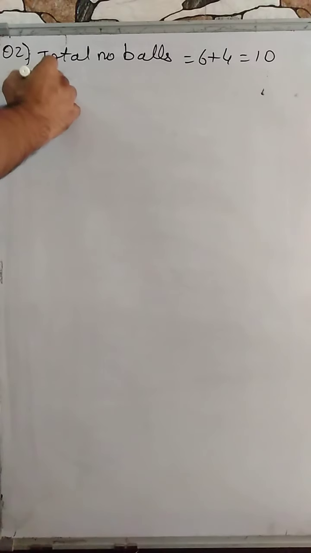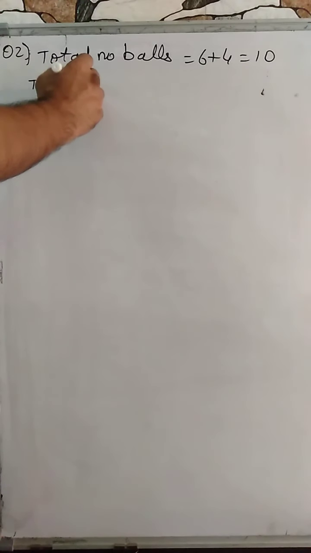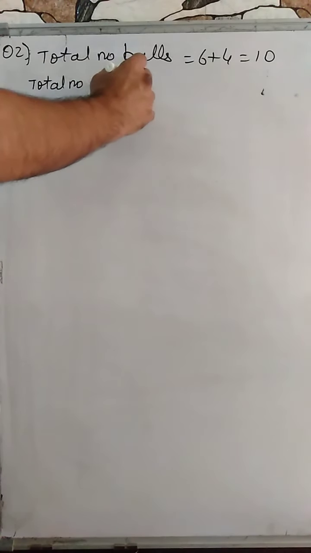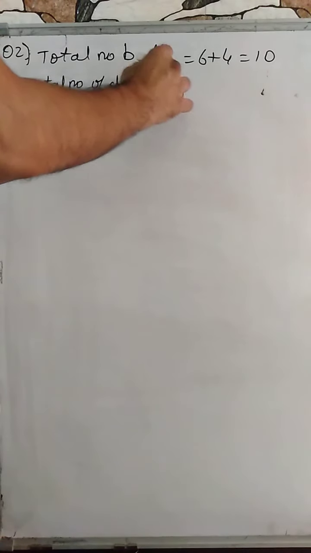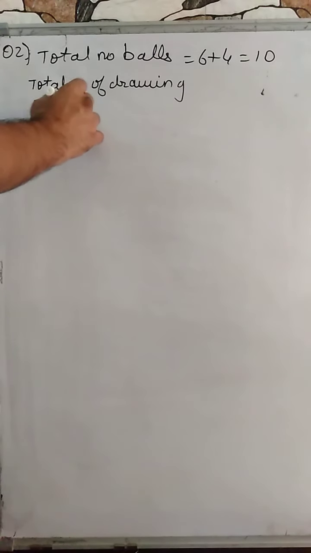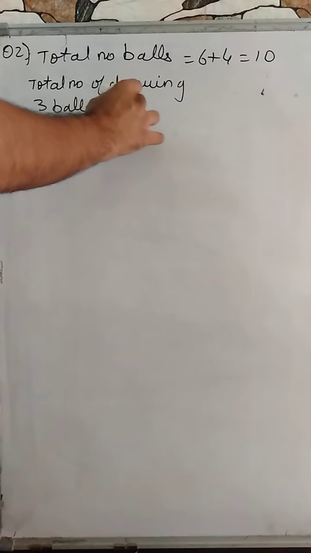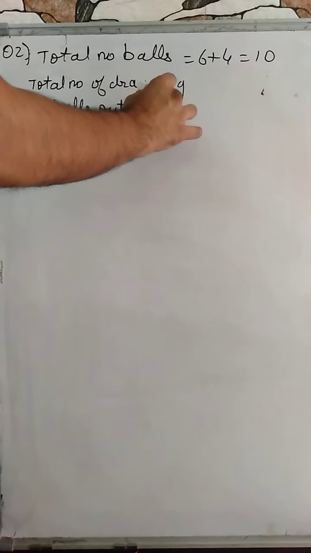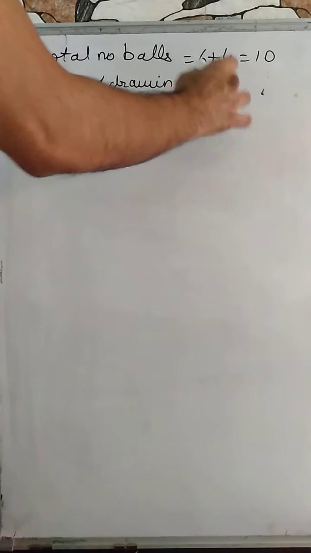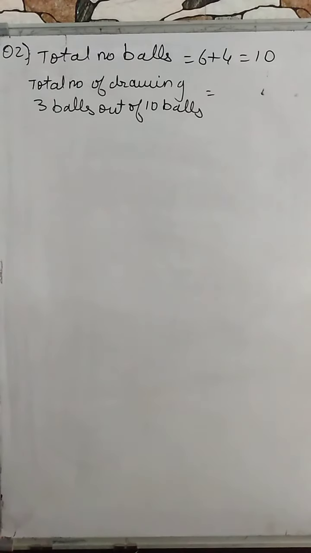So that is the total number of ways of drawing 3 balls out of 10 balls. Okay, so we need to choose 3 balls from 10 balls, and that can be done